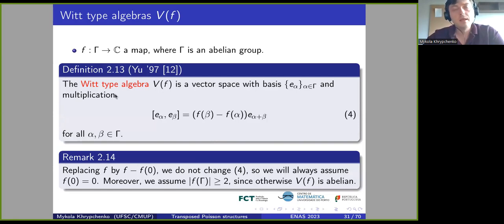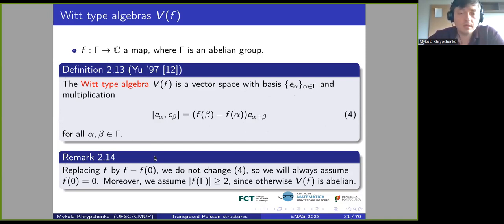Okay, let's see. Again, this is a Lie algebra defined in terms of some abelian group and some map on this abelian group. But we do not require this map to be additive. In fact, it's some map which results in a Lie algebra. We define the product on the basis. The basis is indexed by the group elements, and the product is defined in terms of the map F this way. We see that it's automatically anti-commutative, but it's not necessarily a Lie algebra.